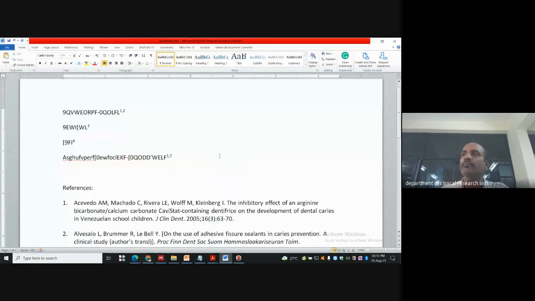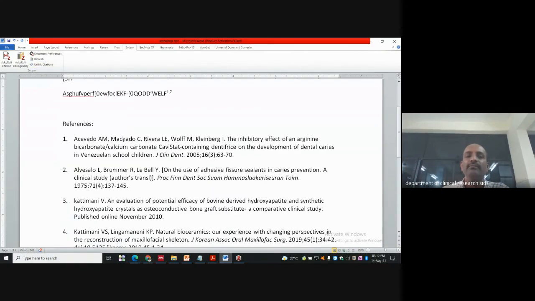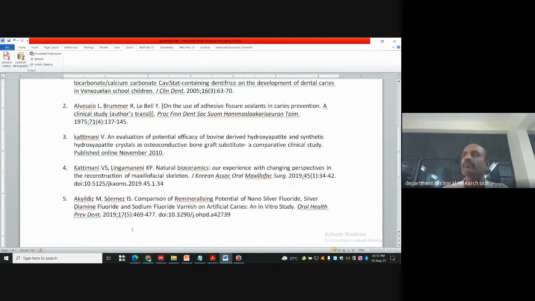I have deleted. After deletion, once again I'll go to Zotero. Then I want to refresh. Imagine these 1 to 7 are there, 1, 2, 3, 4. Then directly 1 and 7 have come, 5, 6 have been removed. I just want to refresh. Automatically 2 have been jumped. That means automatically they have deleted.